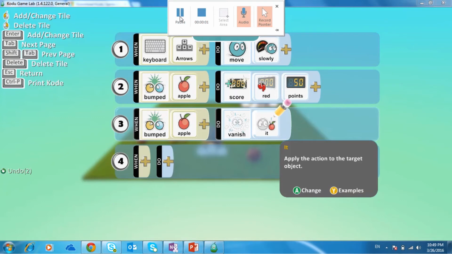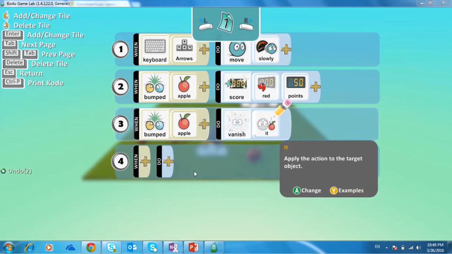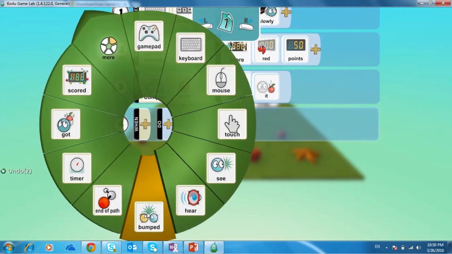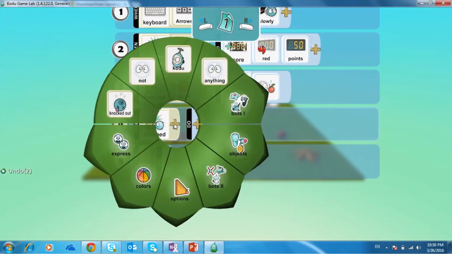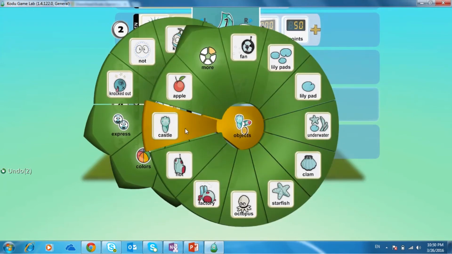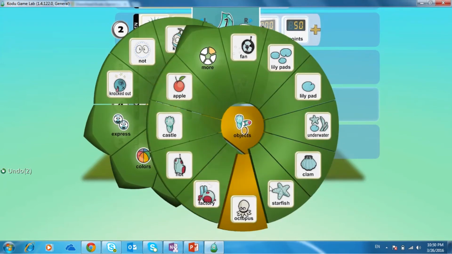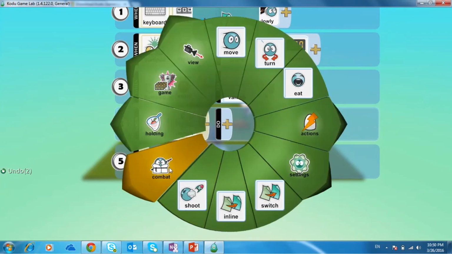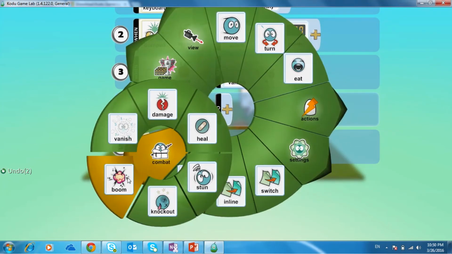Now Kodu is already programmed to handle the apples, but what about the starfishes? I want that whenever the Kodu gets bumped into a starfish, the starfish should, let's say, boom.